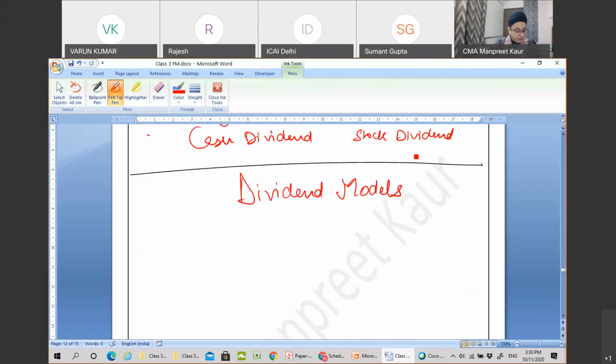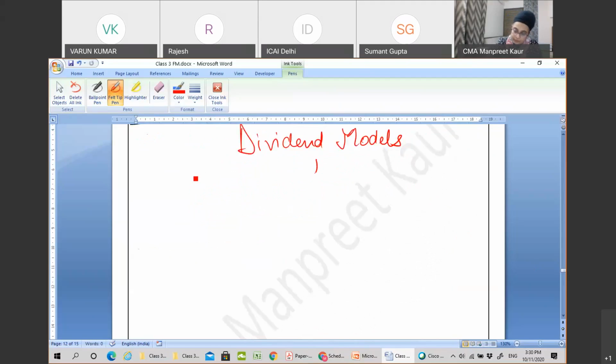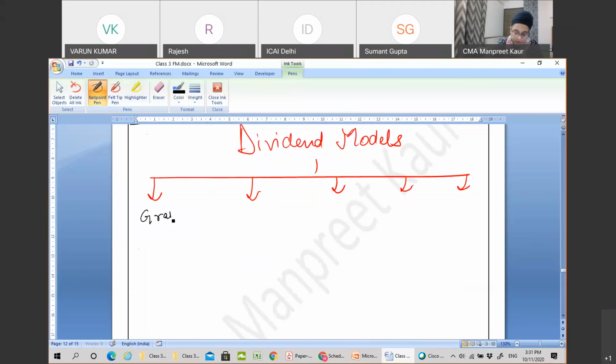There are 5 types of models that we have to discuss. First is the Graham and Dodd model, that is also traditional. Second is